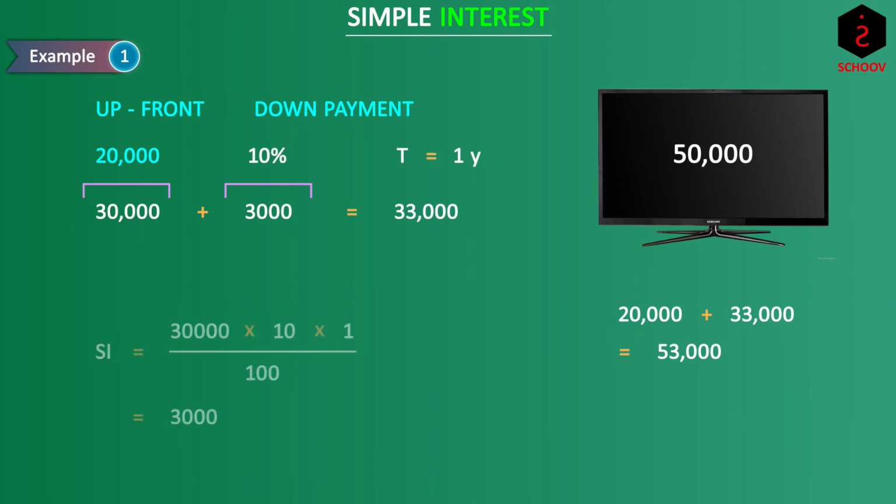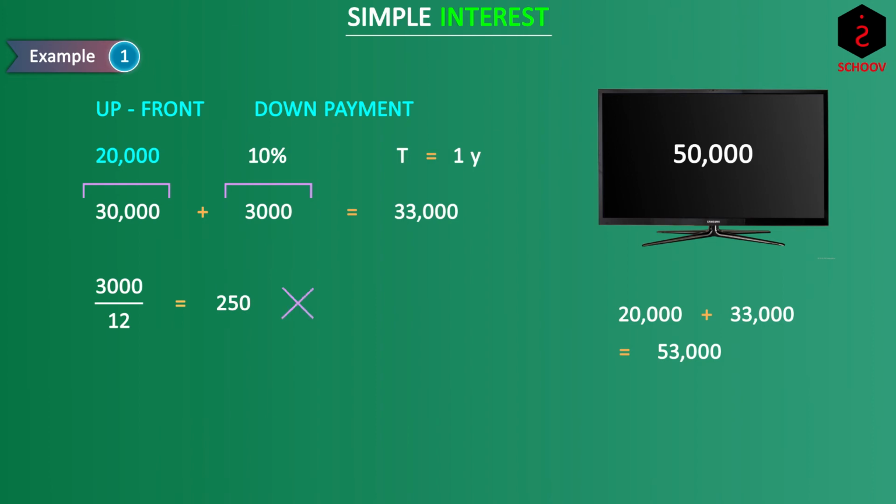Now, instead of paying such a big amount of 33,000 at the end of the year, the shopkeeper gives me an option to pay an equal amount every month. What do I pay? So extra 3,000 upon 12, 250, right? Wrong. That is only the extra. I also have to pay the original. So the total that I have to pay, 33,000, will be divided into equal parts of 12. 2750 rupees. And this is what is called